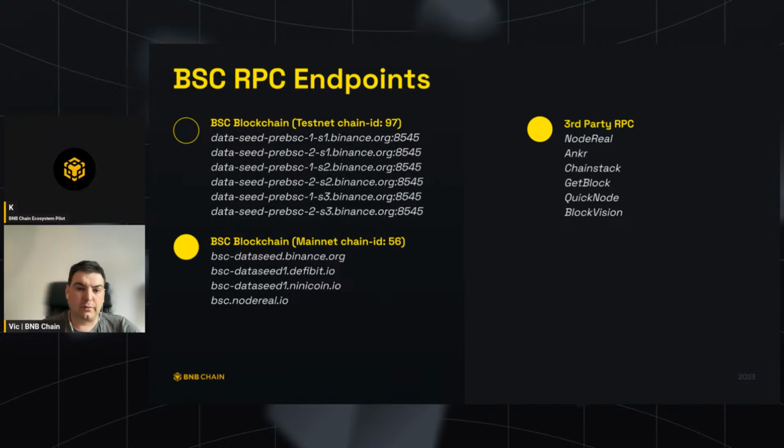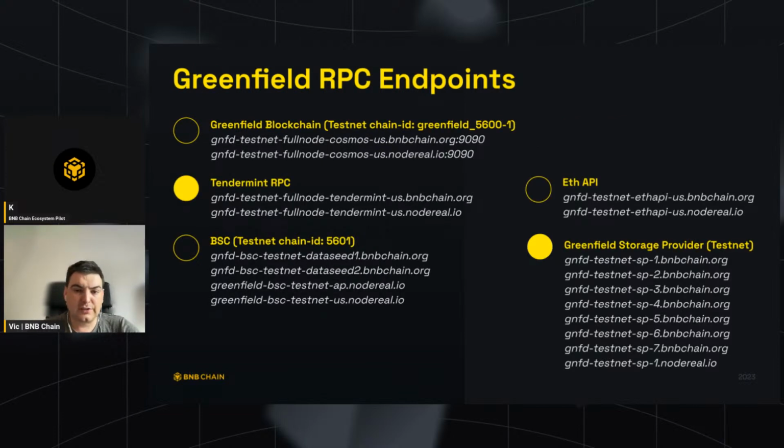Greenfield is still in the test phase. So another testnet was created for the BNB Smart Chain. This is not 97, this is 5600. This is very important because if you use the faucet or interact with the